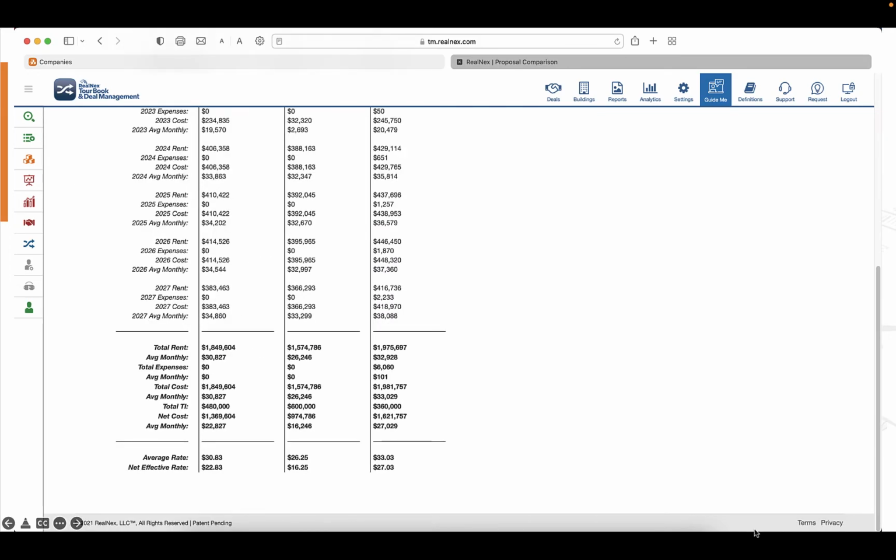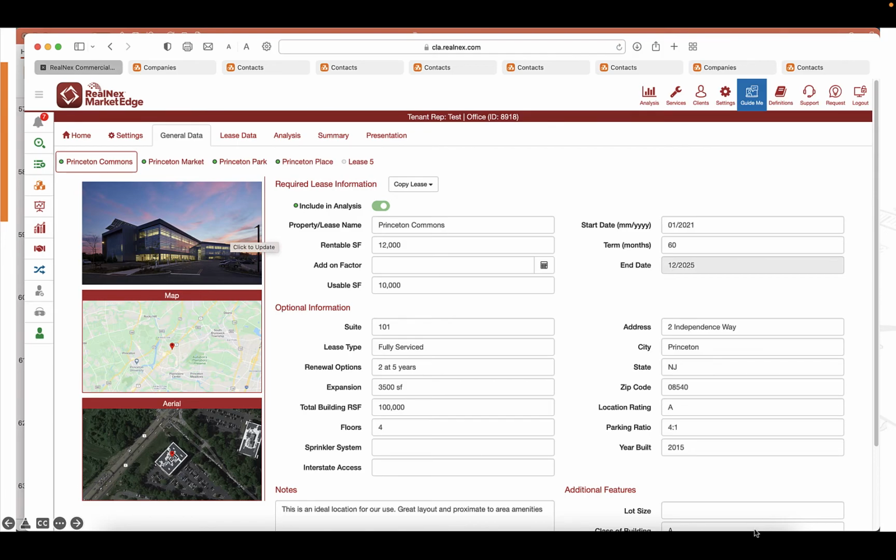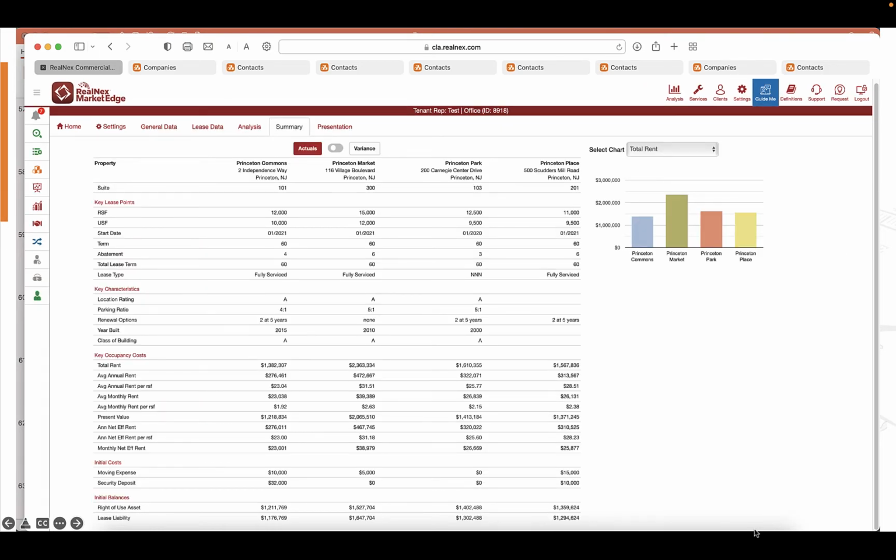Again, you see all the alternatives of the various different spaces that were looked at to determine which ones would be most interesting. And when you want even more details, you can take that information in our Market Edge for a comparative analysis of the rental opportunities. Here, much more details are available to begin to compare occupancy costs and balance sheet impact of each of the